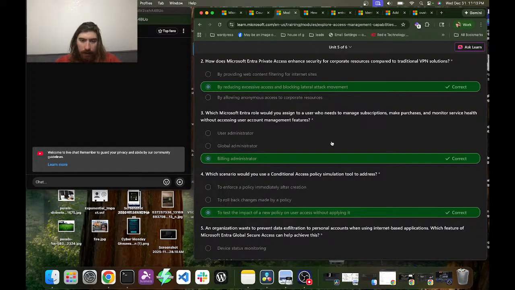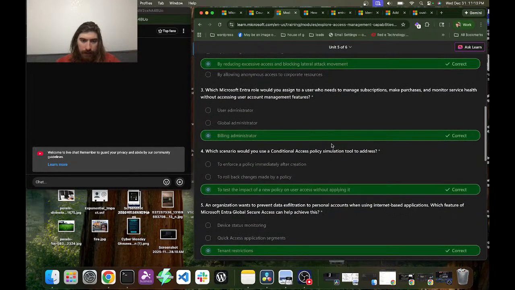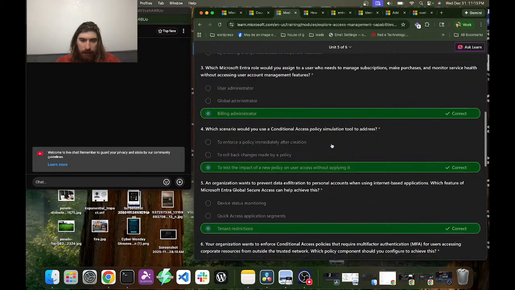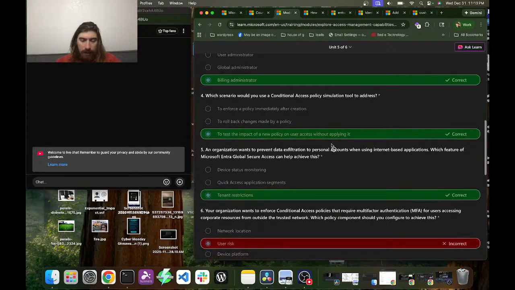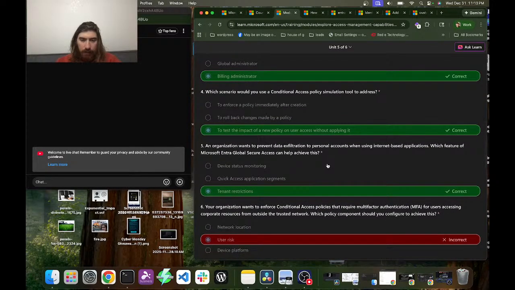Which scenario would you use a conditional access policy simulation tool to address? To test the impact of a new policy on user access without applying it. An organization wants to prevent data exfiltration to personal accounts when using internet-based applications. Which feature of Microsoft Entra Global Secure Access can help achieve this?